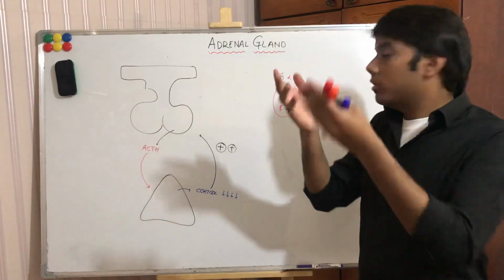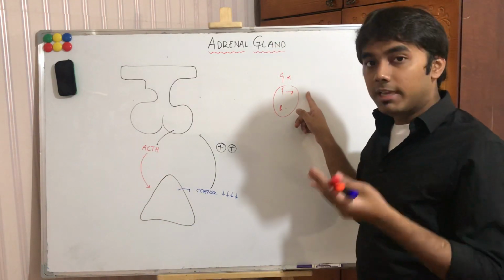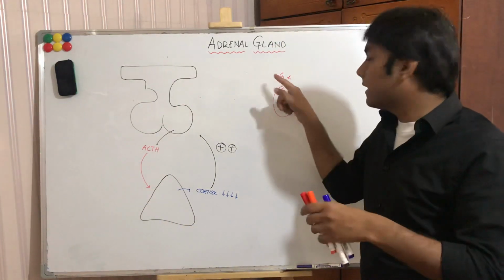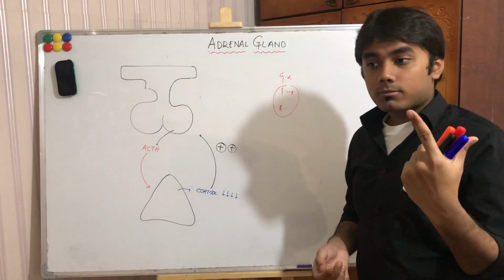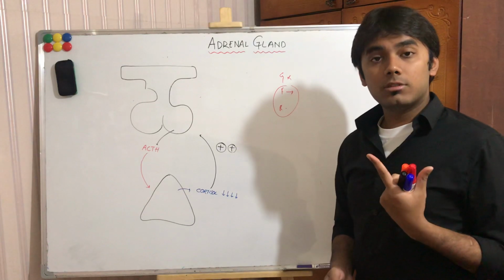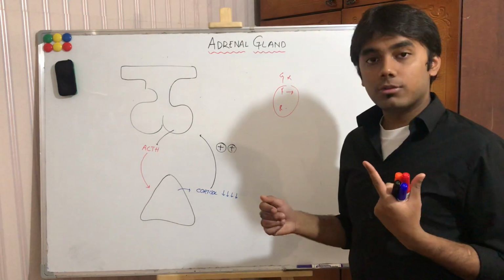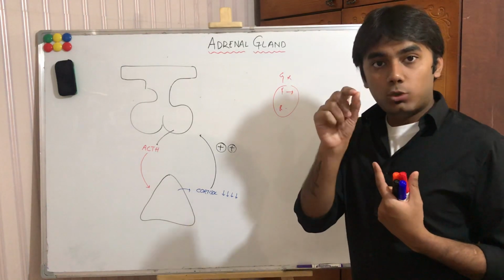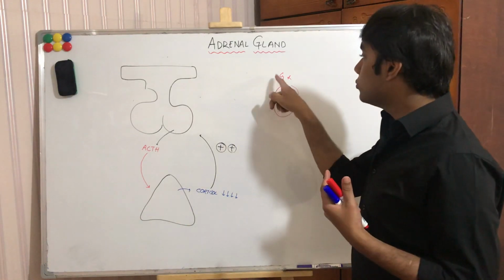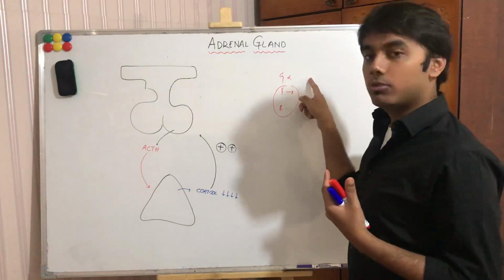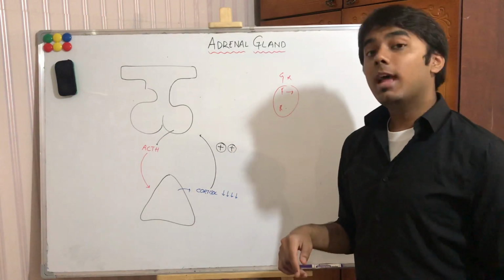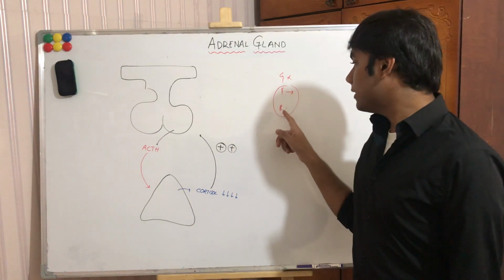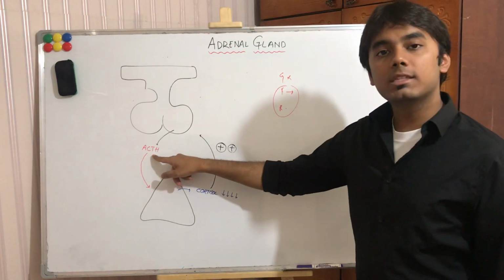Increased level of cortisol. Fasciculata releases cortisol, right? Increased level of cortisol activates zona glomerulosa. This is the first thing. Second thing is renin angiotensin aldosterone system. I already talked about it in my previous videos. In that, the angiotensin 2 activates zona glomerulosa and causes release of aldosterone. So these are the two ways through which zona glomerulosa is activated, and there is only one way through which zona fasciculata and reticularis is activated, that is through ACTH.